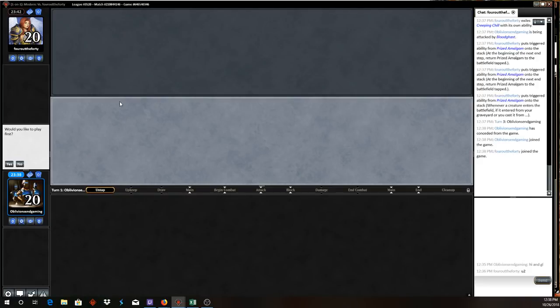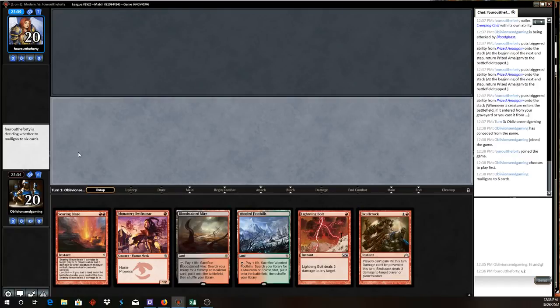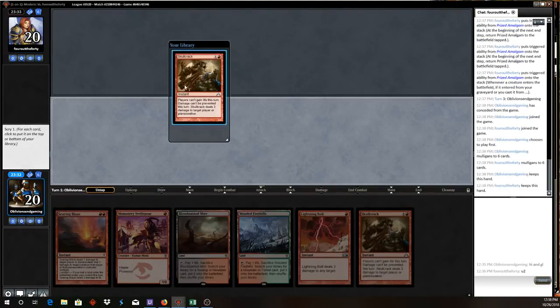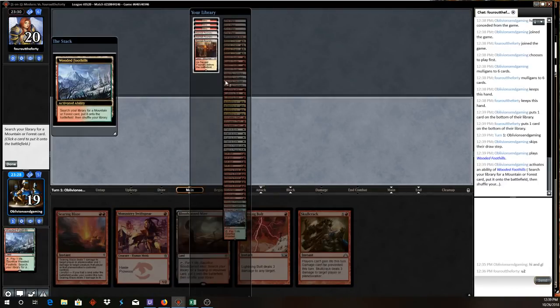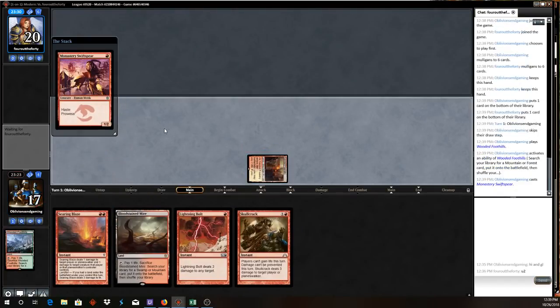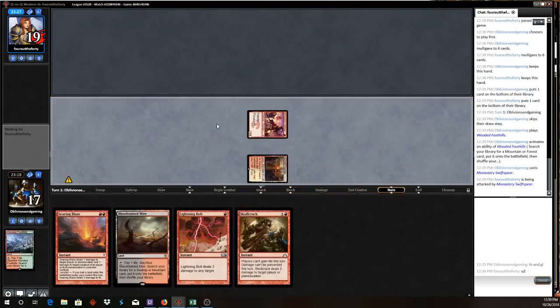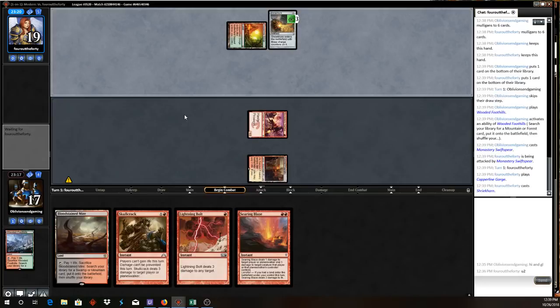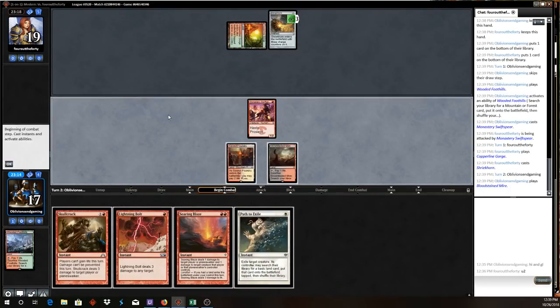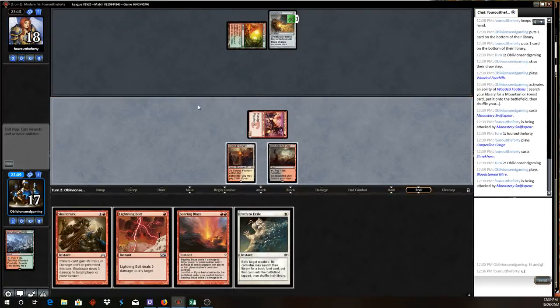Why what? Oh, you're talking to... never mind. Talking to somebody in chat. I was trying to figure out something there, Foz. Or if you even fetch it preemptively to save life, your opponent can,